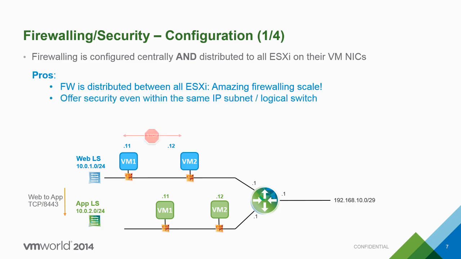And also it gives you some cool stuff your network guys couldn't do before or had big trouble offering, which is security between the same subnet, between the same L2. Before, when you're on a VLAN or in a subnet, everybody can talk to everybody on that subnet. Or, I don't know, do you offer security in the same subnet or not? Or is it like open bar?